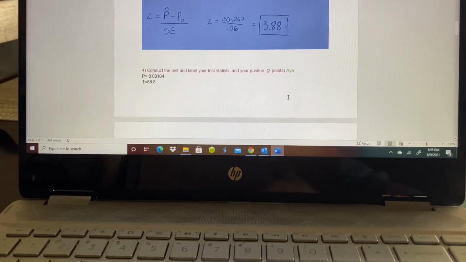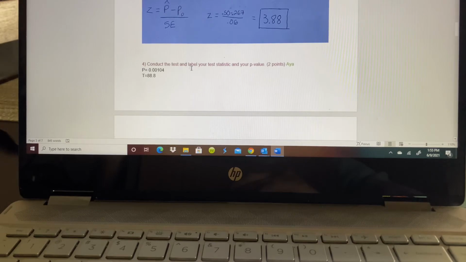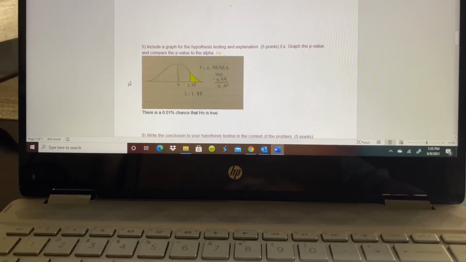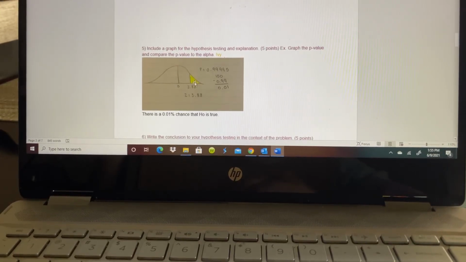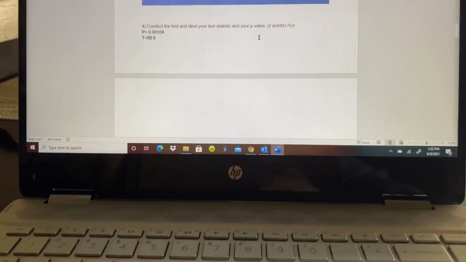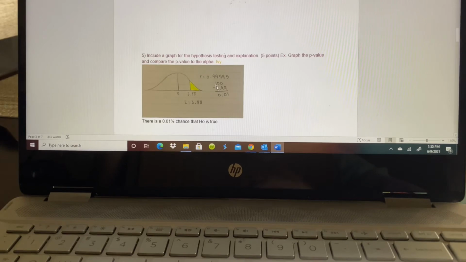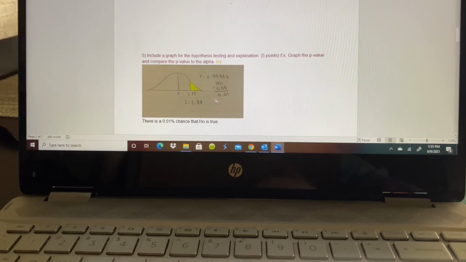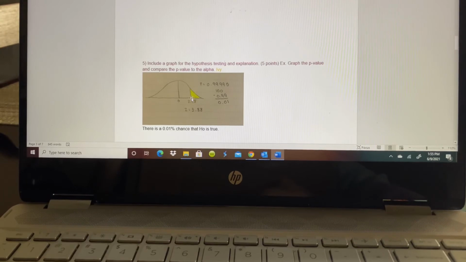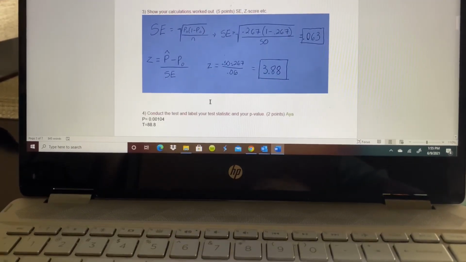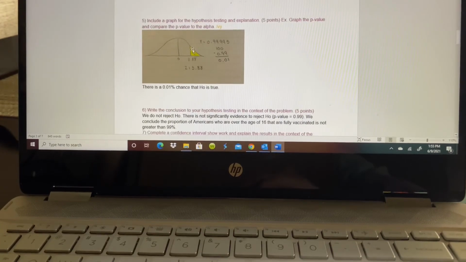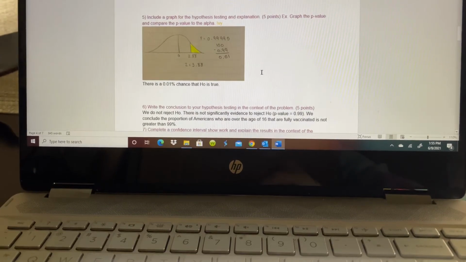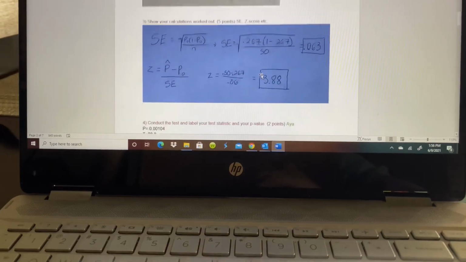Moving on to the test statistic and the p-value. Here you can see that this is not explained. I did not do this part. But we can see here in the graph that this is the p-value based off of up here. The way that we get that p-value is by doing 100 minus 0.99, we get 0.01. So we put the z-score, which is what I got up here, we plug that in, and we shade to the right, and we get that 0.01% chance that H0 is true. So 0.01% chance that this